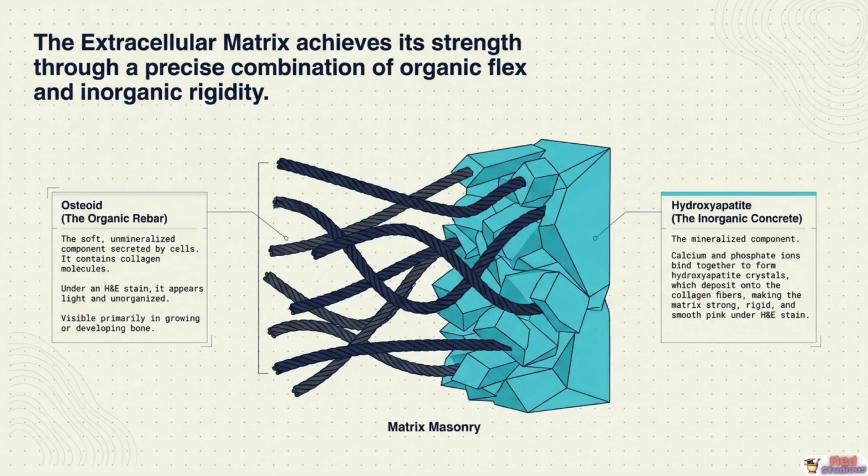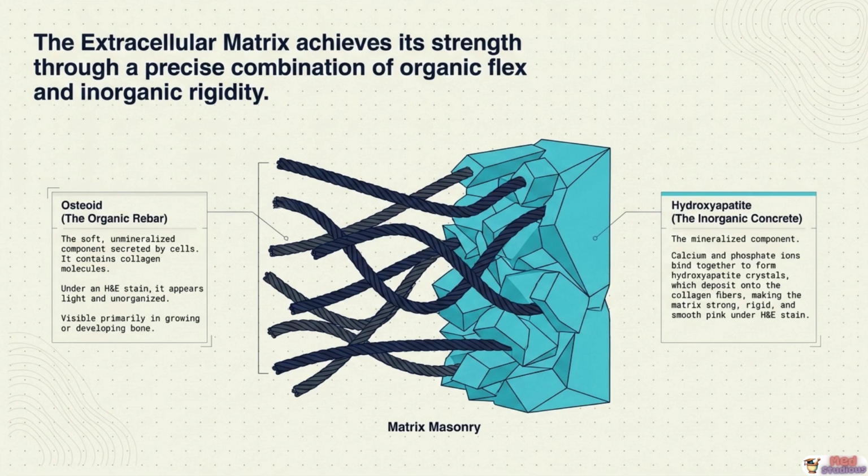Hydroxyapatite is a crystalline calcium phosphate mineral with the chemical formula Ca10(PO4)6(OH)2. Calcium and phosphate ions from the bloodstream bind and nucleate onto the collagen scaffold, progressively filling the spaces between fibers with rigid crystal deposits. This mineralization process is what transforms the soft, pliable osteoid into the rock-hard, load-bearing tissue we recognize as bone. Under H&E stain, fully mineralized bone matrix appears a smooth, homogeneous deep pink. The combination of organic collagen flexibility and inorganic hydroxyapatite rigidity is what makes bone the most mechanically versatile structural material